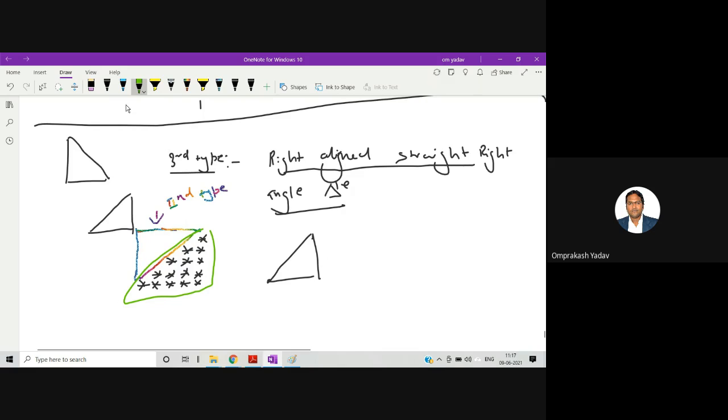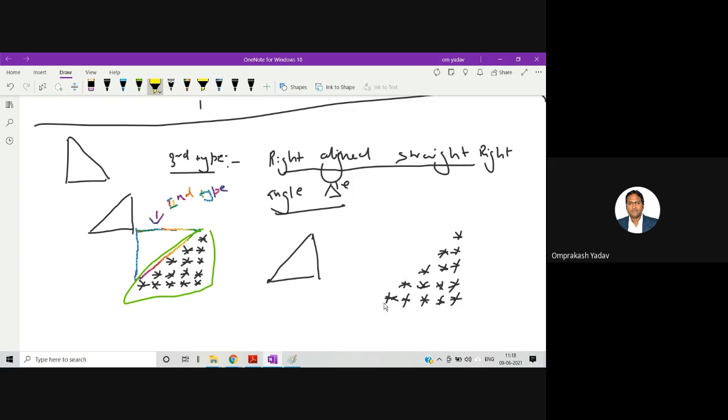So let me draw it again. Now with a different color, let me draw these spaces.